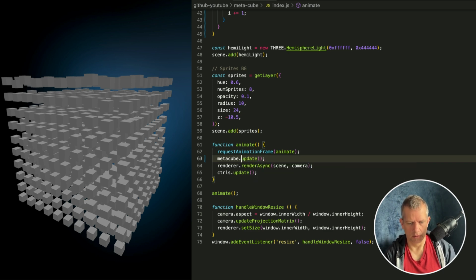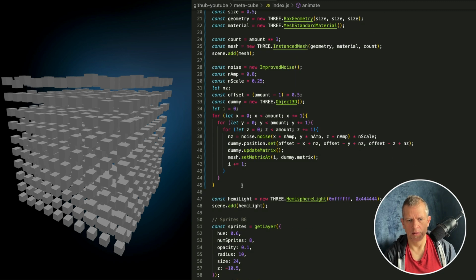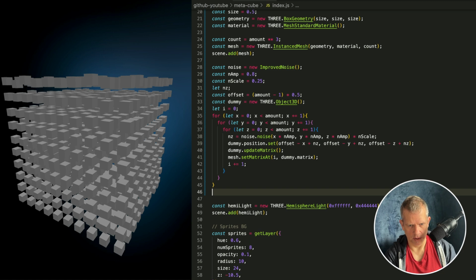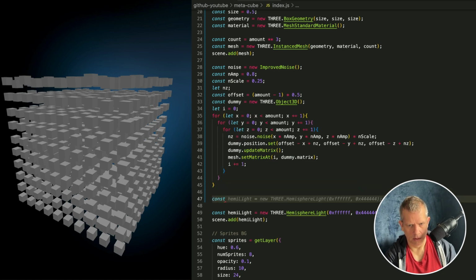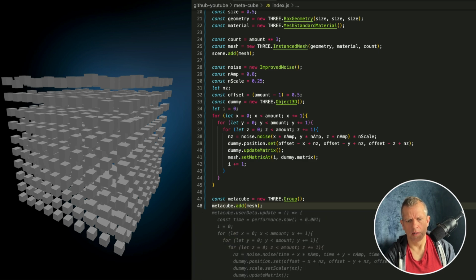This, userData.update. Where's the dump? Here it is. Okay, so I'm going to create a metacube object here, const metacube. And it could be a group. Metacube is equal to a new THREE.Group. Metacube.add mesh. Great. And now,